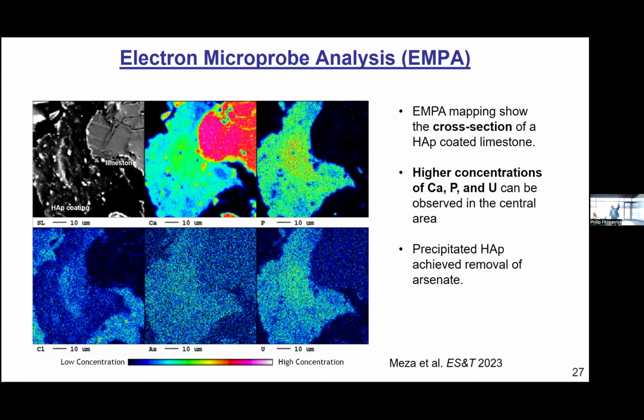What we found when we looked at the reactive solids is that calcium and phosphate precipitate in this area, where they are commonly found. But you also see that that's where arsenic and uranium co-occur. I'm not necessarily going to call it only co-precipitation, because some of those spots could be adsorption too, but they definitely coincide in location. So this was a very encouraging result too.